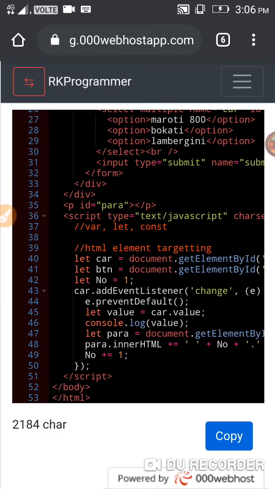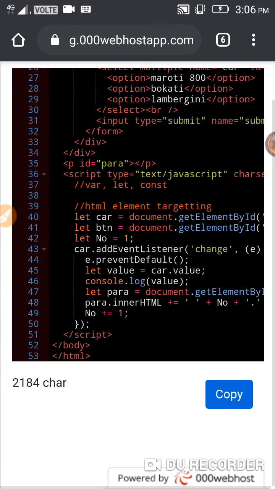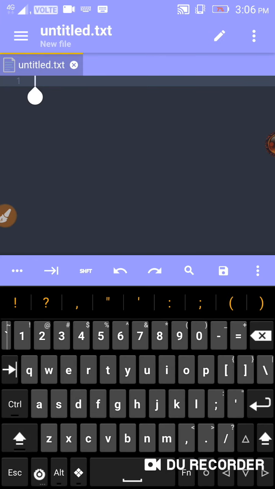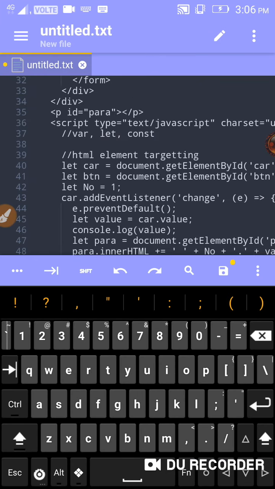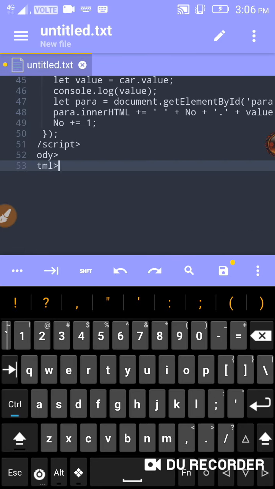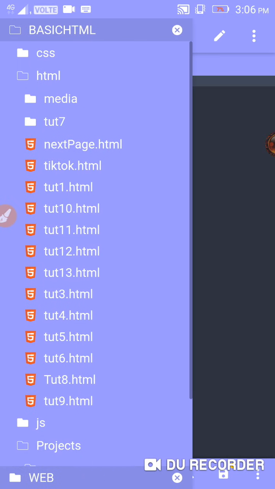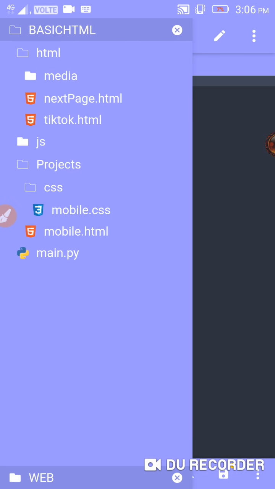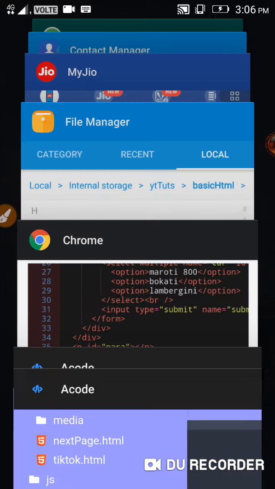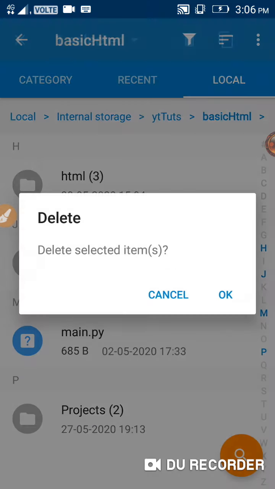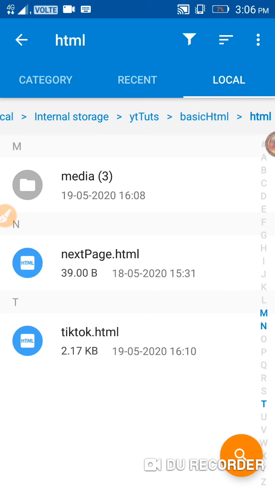Yes, you have copied. Now if I paste this code, I can press Alt Z. Yes, we get everything here. Then I'm going to cut this thing. First I'm going to refresh this thing here, we get everything. I'm going to delete my JS folder also. Now we have to set up everything. So I'm going to make a particular